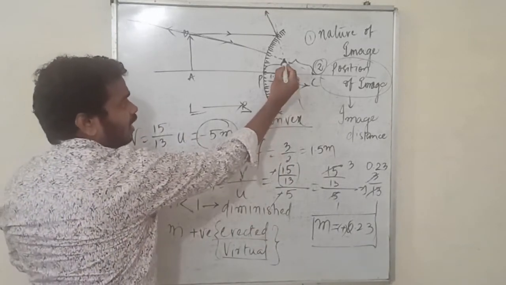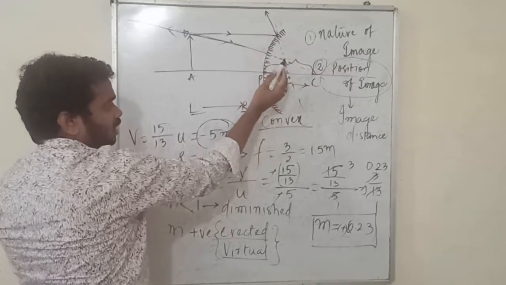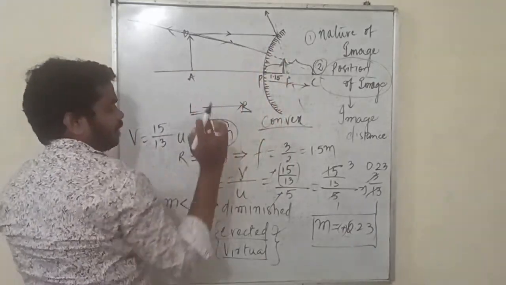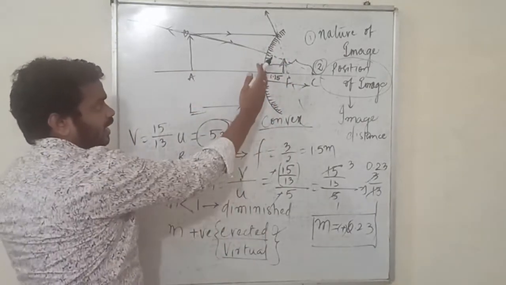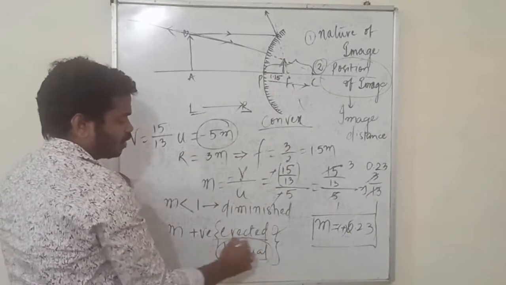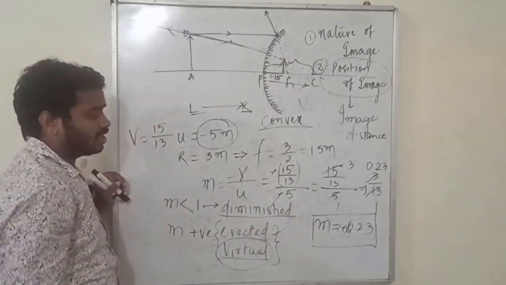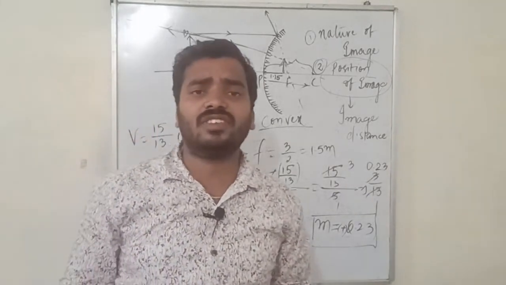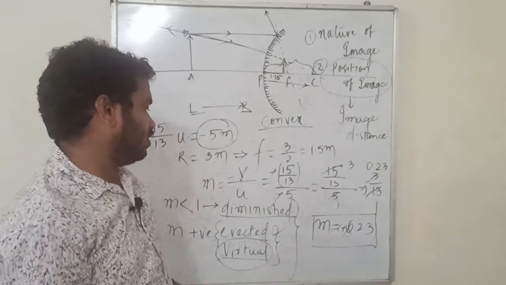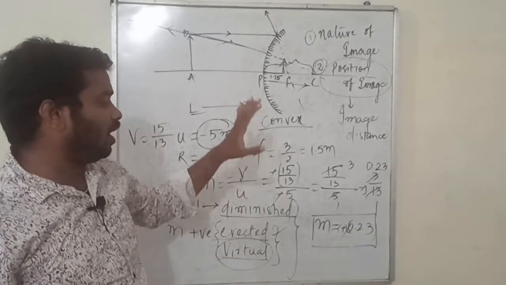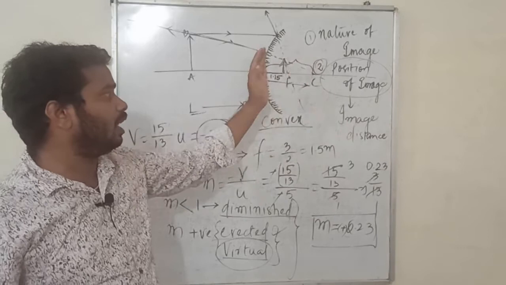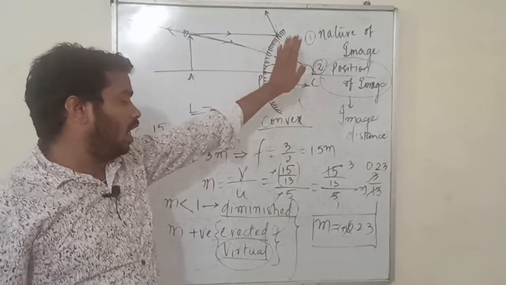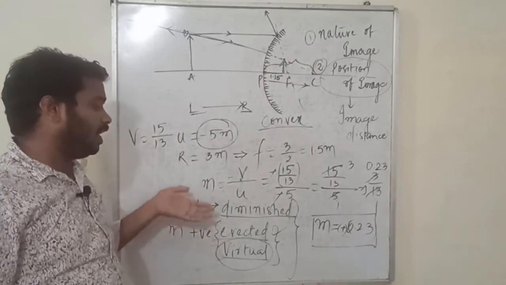Yes, it is erect. This is above the principal axis. That is the reason. Erect, same like the object, it is also above the principal axis. That is why erect. And it has formed behind the mirror. That is virtual. And the image size is small. That is diminished. This is the nature of the image. From the m value you can derive these particular points, that is diminished, erect, virtual. So we have found out the position of the image. The position of the image is 1.15 meters behind the mirror, and at the same time the image is diminished,